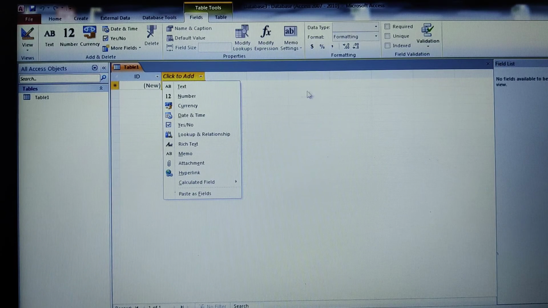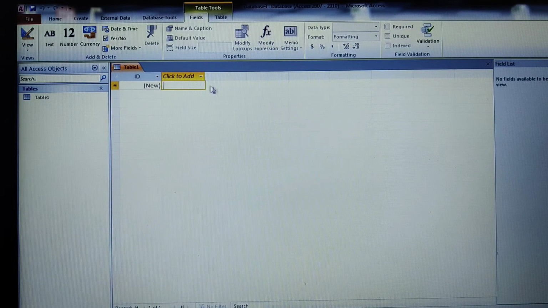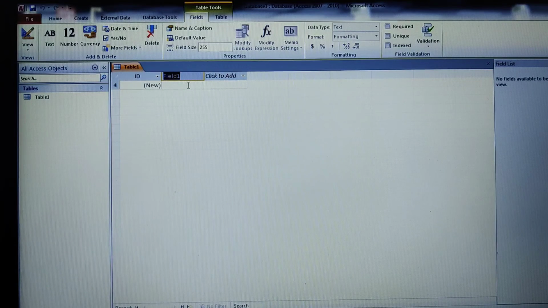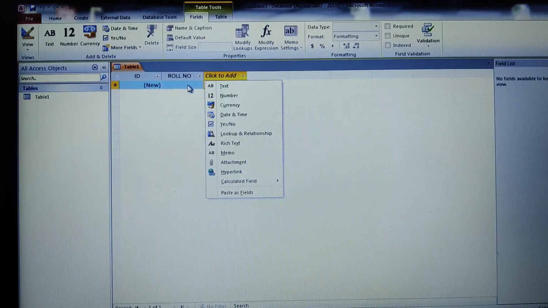Click here to add the fields. Here I will take the first field to be the roll number. I'll give it in capitals, the roll number.